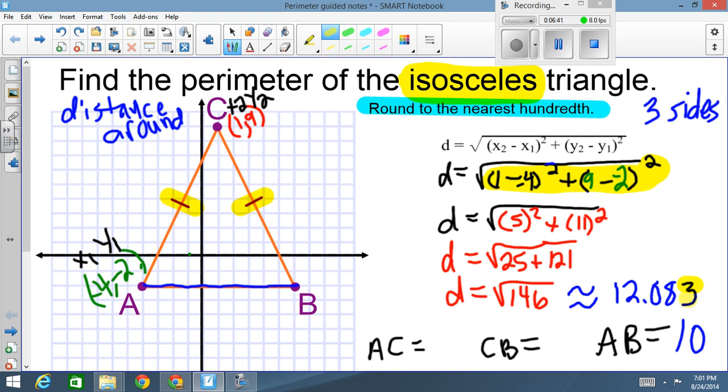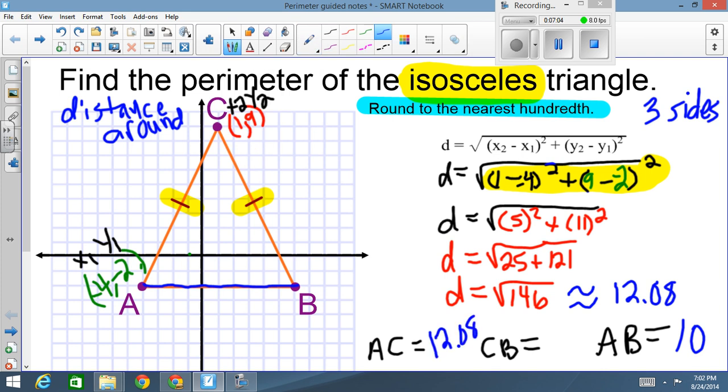If that number to the right of the 8 is a 0 through a 4, then you just keep the 8, which in this case, that's what we're going to do. If that number were to be 5 or bigger, we would round that up to a 9. So the length of AC is approximately